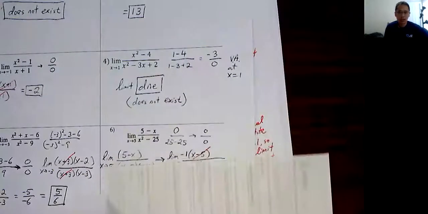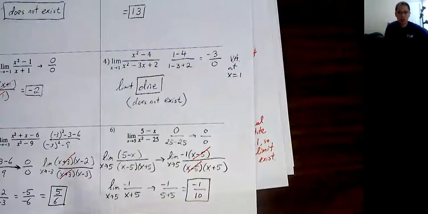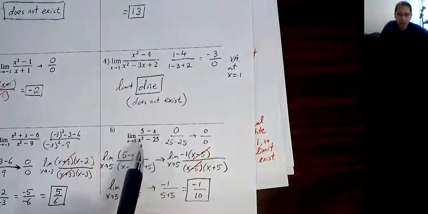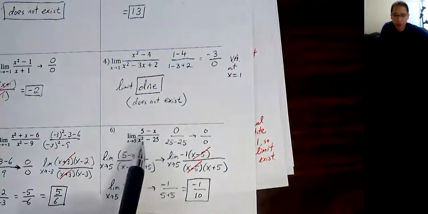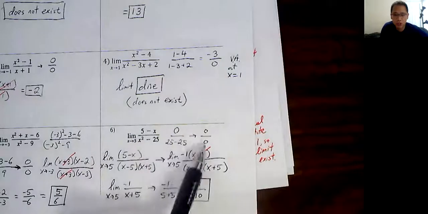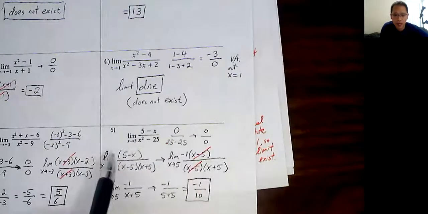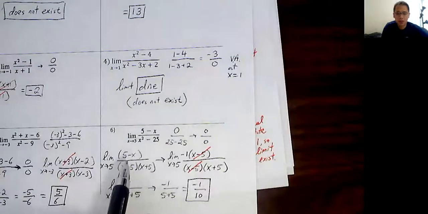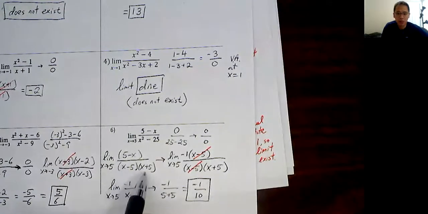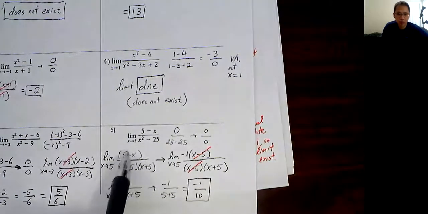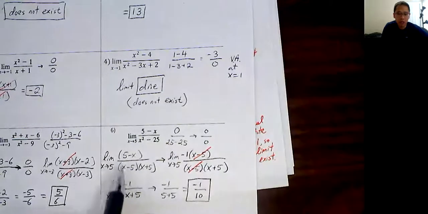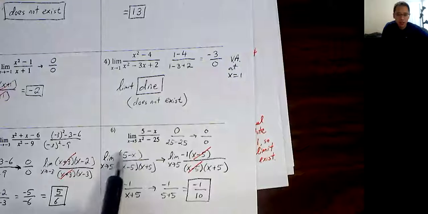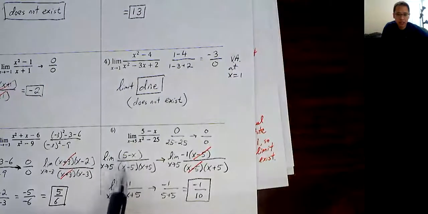All right, finally, number 6, 5 minus x over x squared minus 25. We evaluate the expression. We get 0 over 0. We know there's a hole in the graph. And I'm going to do a little bit of work with the denominator, the x squared minus 25. Difference of squares, I'll make it x minus 5 and x plus 5. Now at this point, these are not perfect matches. But if we can do a little bit of rearranging with this 5 minus x,